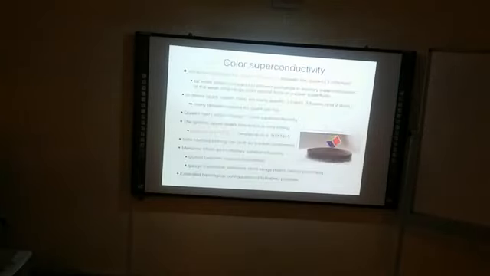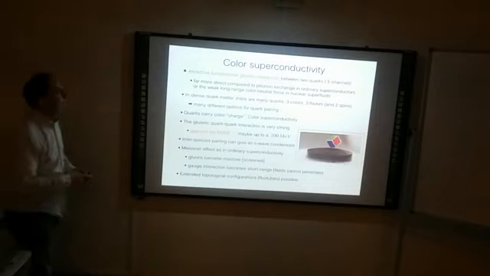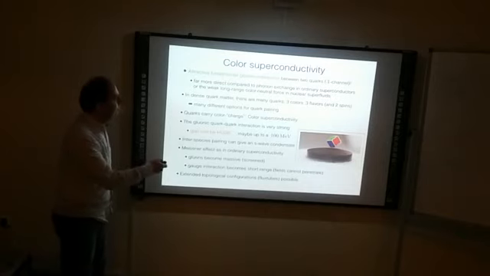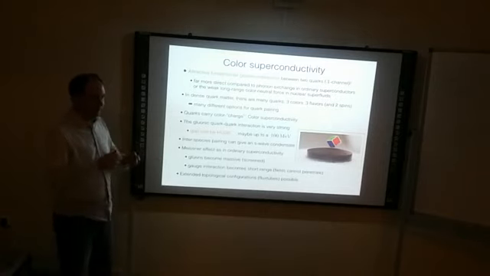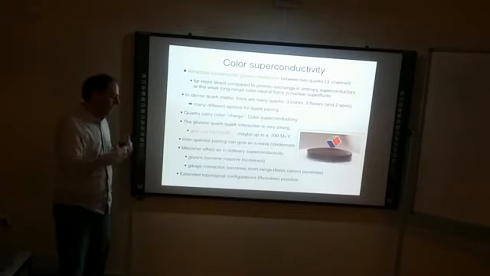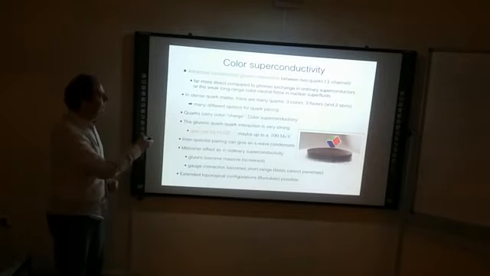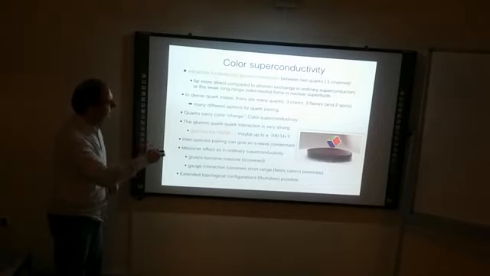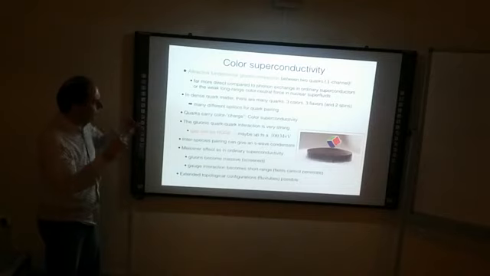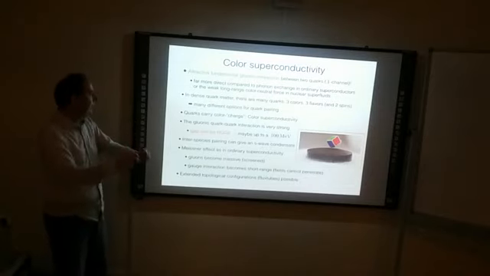Okay, and so just to mention it, in principle we talked about quark matter last time. You can also have something very similar in quark matter. The interaction is not electromagnetic in this case, like in an ordinary superconductor, but it's actually the same strong interaction, and correspondingly it's called color superconductivity. And so in this case, you actually have attractive interaction between these quarks themselves at very high densities.